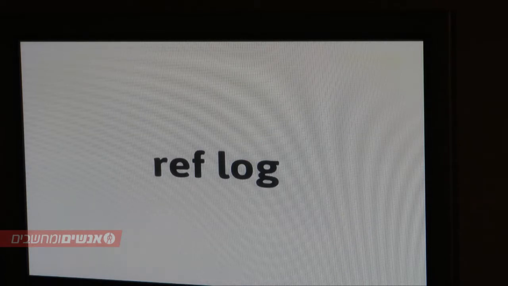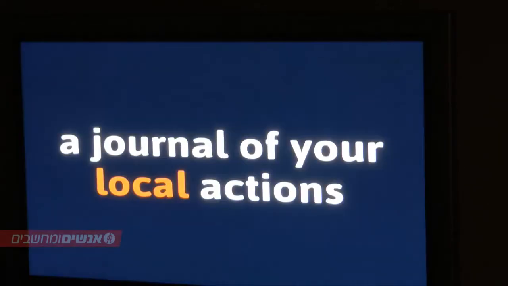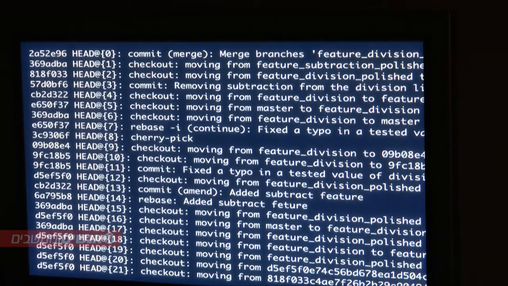Another really awesome tool that I think not enough people know about is the reflog. So Git actually keeps a journal of everything you do locally. You can see all of the things you've done. So if you do something crazy and you're like, oh my god, I've completely broken Git, I don't know what I'm doing. I have done this multiple times. There's no shame in it. Git is a crazy thing. It's big and complex sometimes. I've definitely hit points where I've completely broken everything. For instance, something you normally do: you hard reset to one of the previous commits and then you lose work. Yes, exactly. I've reset and lost information and stuff like that.